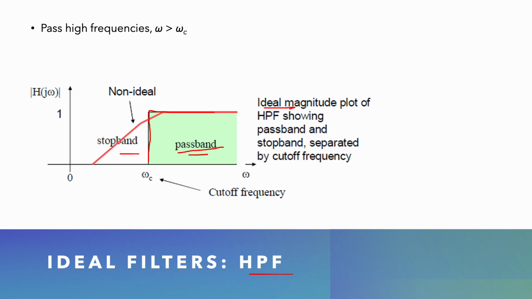If it is an ideal filter, it has a very clear pass band where the gain is 1, and in the stop band the gain is 0, and there is no transition. But in practical usage, it is very difficult to get an ideal filter. So for the non-ideal filter, the pass band has a constant value. For the stop band, the gain is not equal to 0, and also there is a transition between the pass band and the